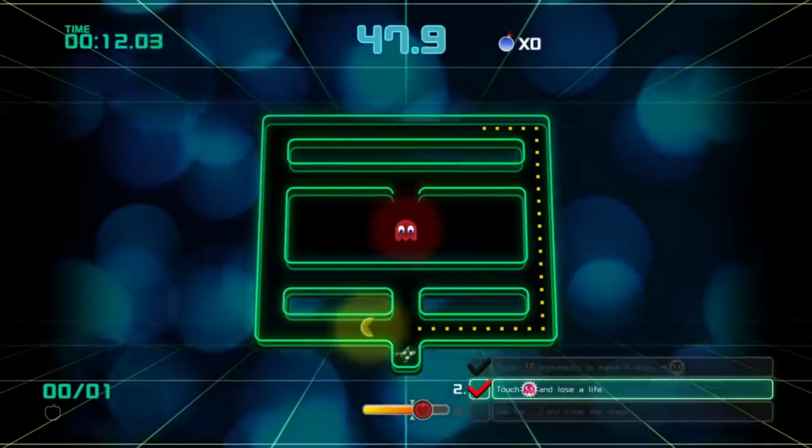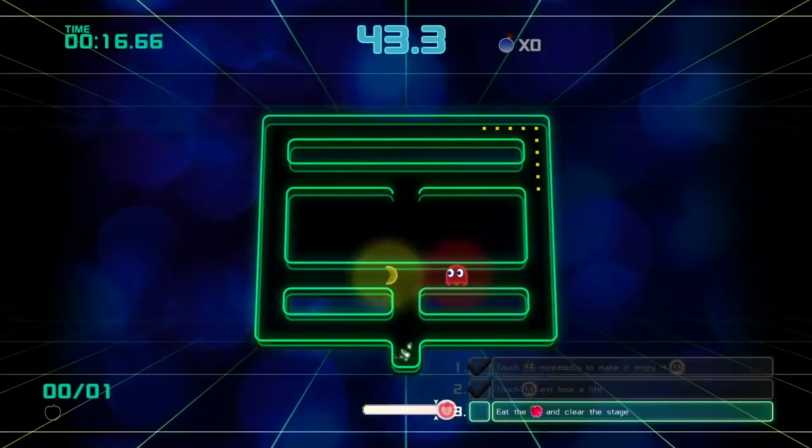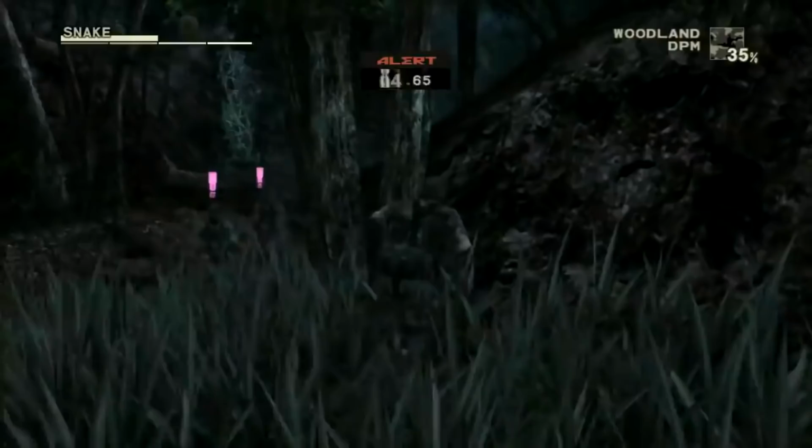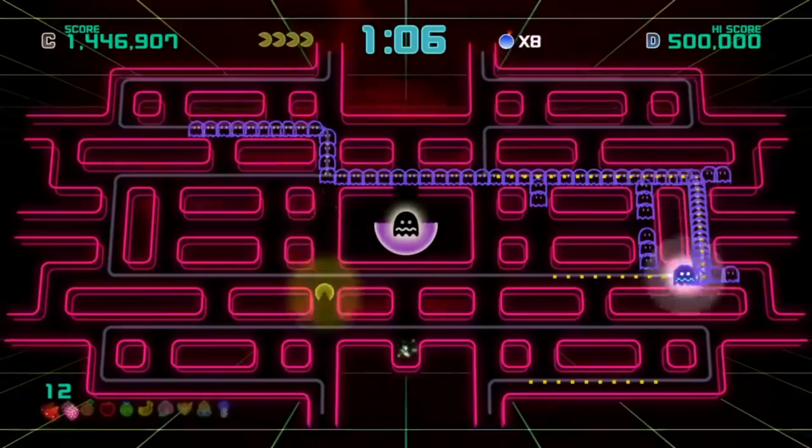This AI system is called a finite state machine, which runs some predetermined scripts for AI, the ones I just mentioned, until a state change happens. In a game like Metal Gear Solid 3, that happens when you are spotted, but in Pac-Man,